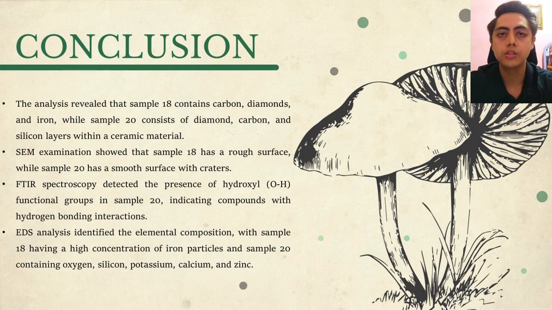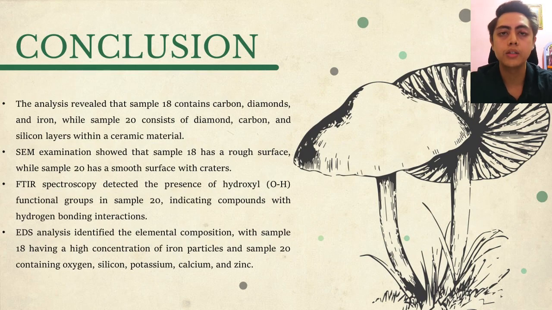SEM examination showed that sample 18 has a rough surface while sample 20 has a smooth surface with craters. And then the FTIR spectroscopy detected the presence of hydroxyl, which is OH, functional groups in sample 20, indicating compounds with hydrogen bonding interaction. So next, the EDS technique analyzed